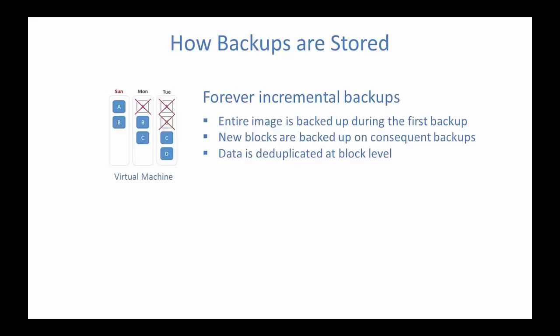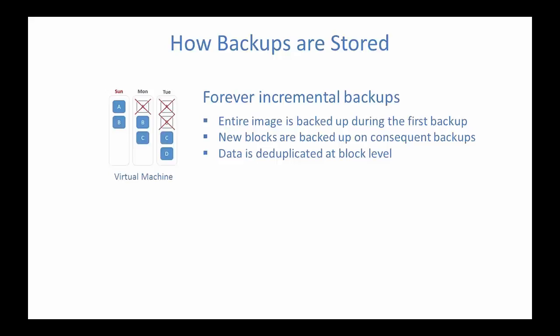On the next incremental backups, for example, on Monday in this picture, the virtual machine has blocks A and B on Sunday, and then blocks B and C on Monday. Block A is not there anymore. So on Monday, we will back up only block C. And on Tuesday, we will back up only block D, since all the other blocks are already present in